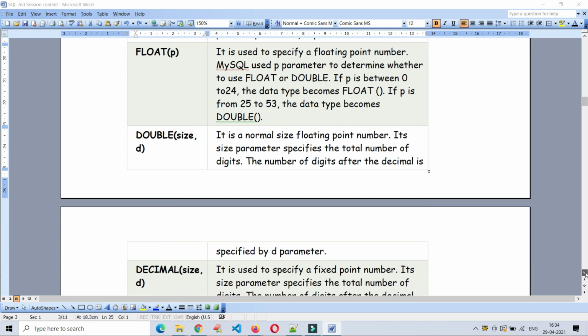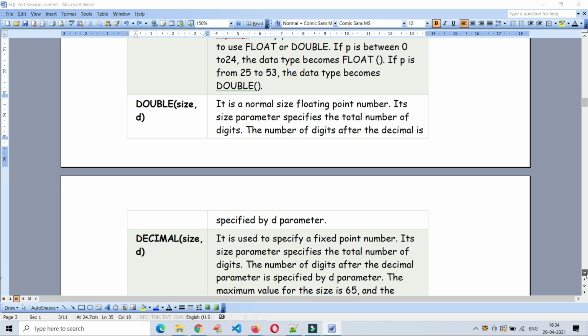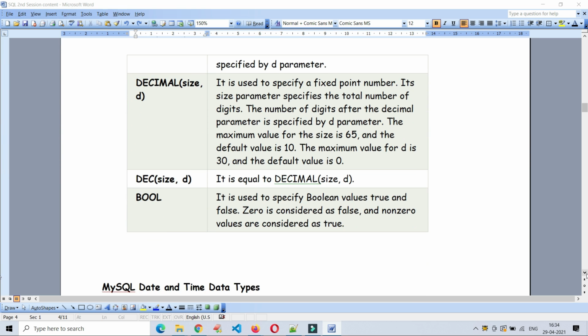And double is a normal size floating point number, and the parameter specifies the total number of digits. Double is also same as float only, but there is a range difference between float and double. Decimal is used to specify a fixed point number.